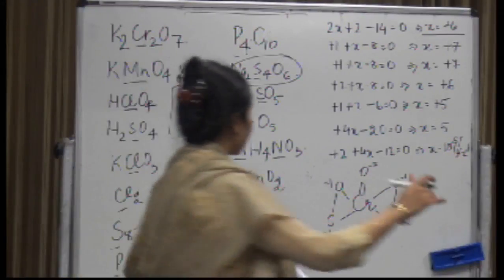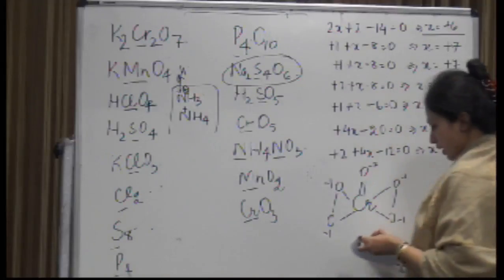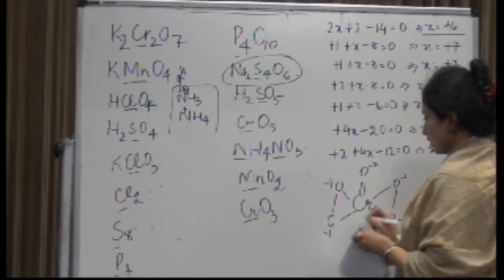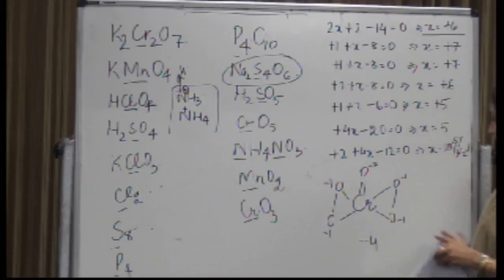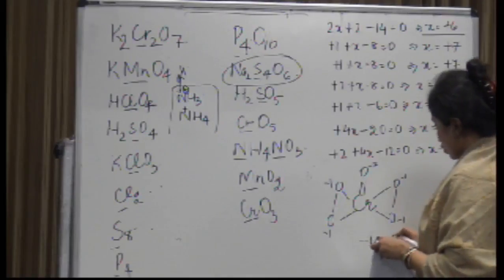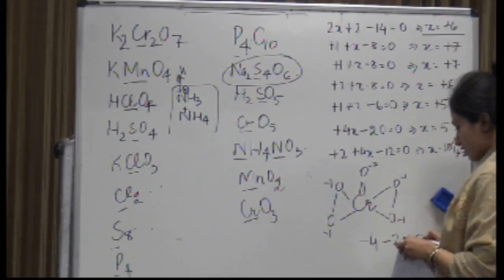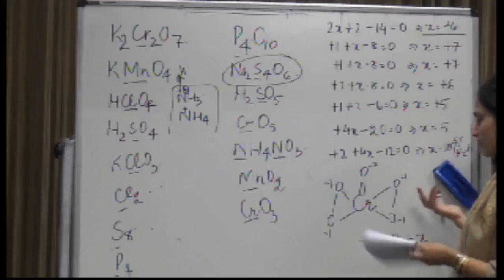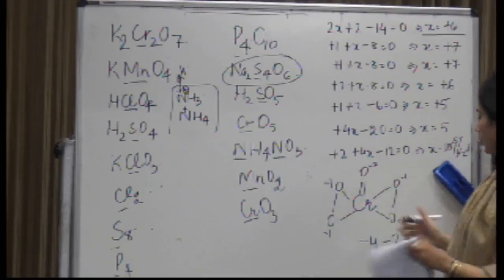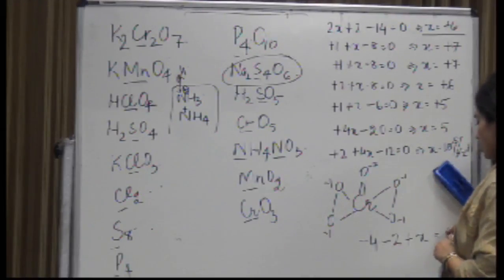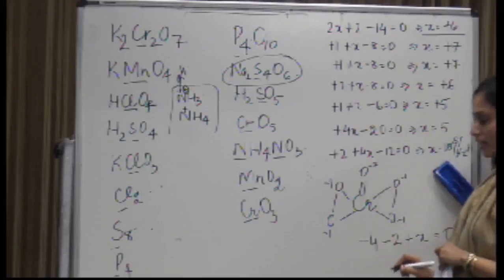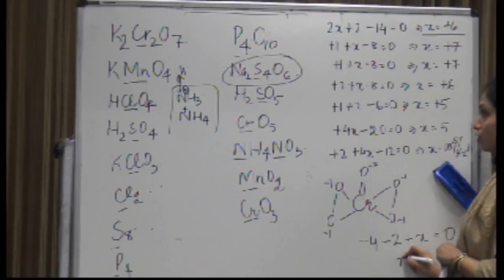So now what happened in this case? You will have 4 into -1, that's -4. Then you have -2 plus x, that is equal to 0, right? So in this case, x can be put to be equal to,